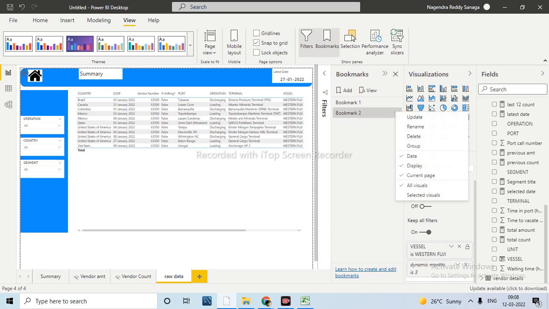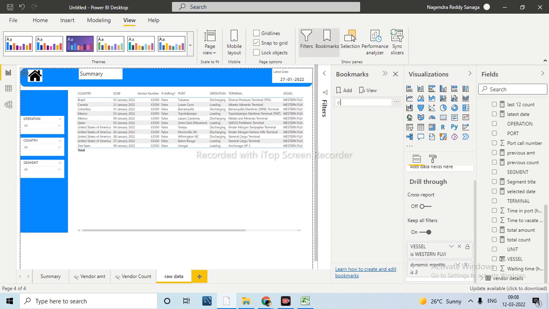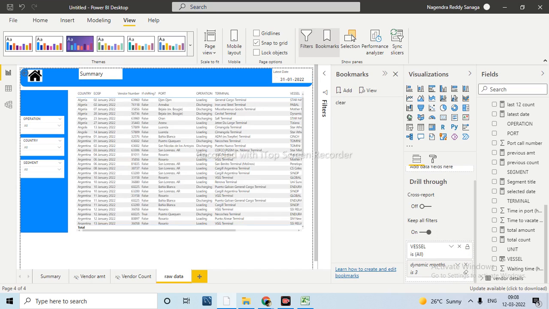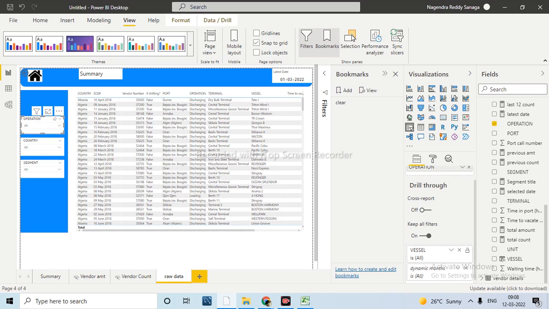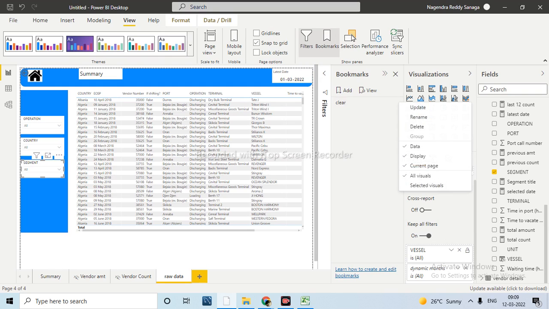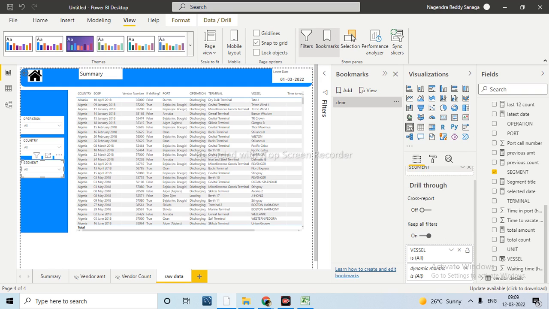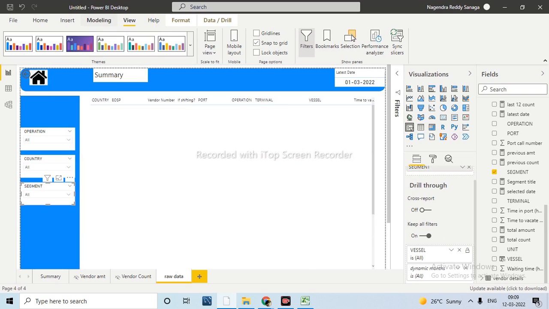Let's come here. For this bookmark, I am taking clear anything. Now when I perform this one, this clear should work, as well as this clear. And for example, later if I have applied these clears also, I am taking everything into a single bookmark. This filter, this filter, this filter. Okay, now I have performed these many actions. Let me update the bookmark here. Now this is done. Now let me take one button.